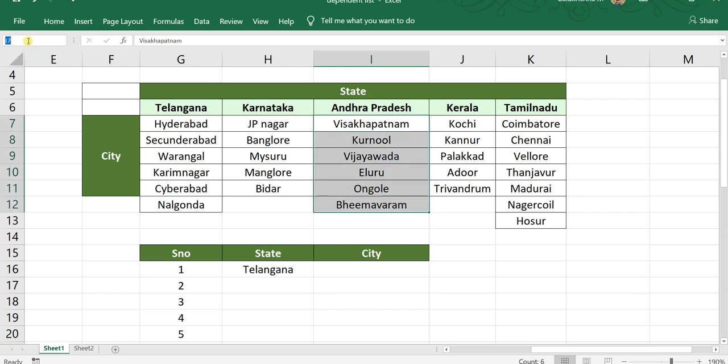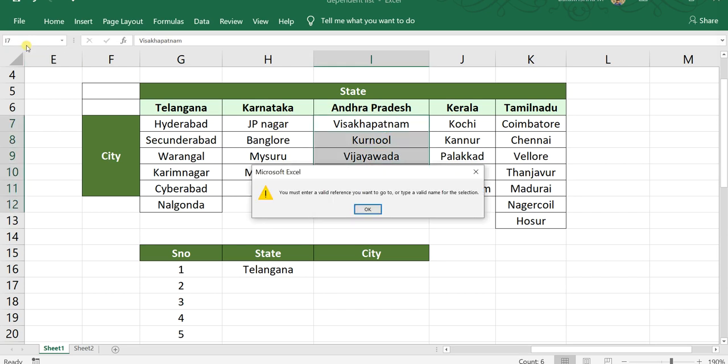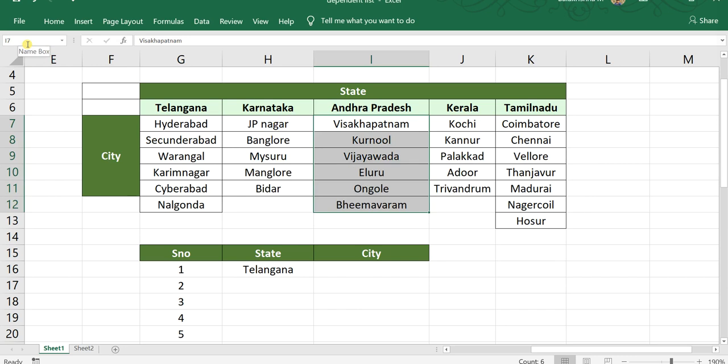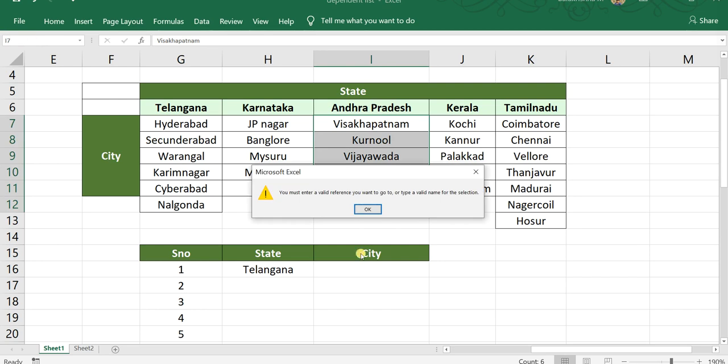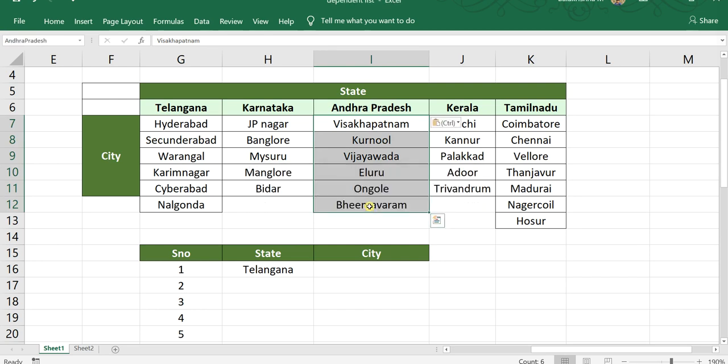Select the cells, go to name box, enter. The error here is that while giving the name range there should be no spaces, like I entered here. So I should not give any space in the name of the name range. So it should be AndhraPradesh, no space. You can see here.